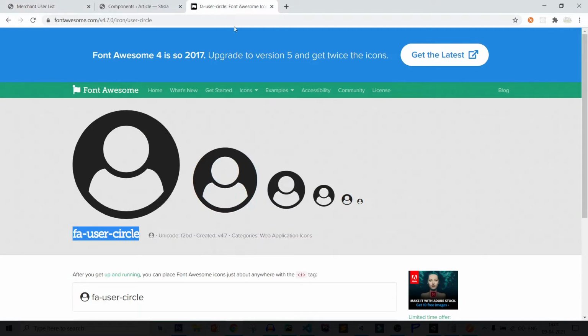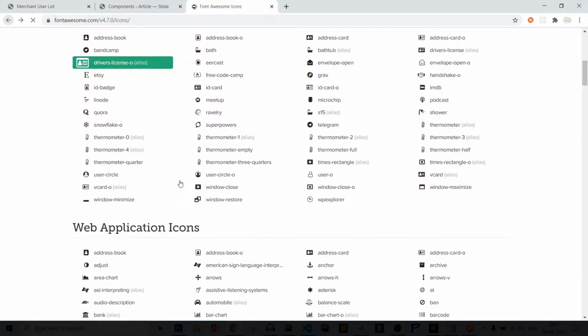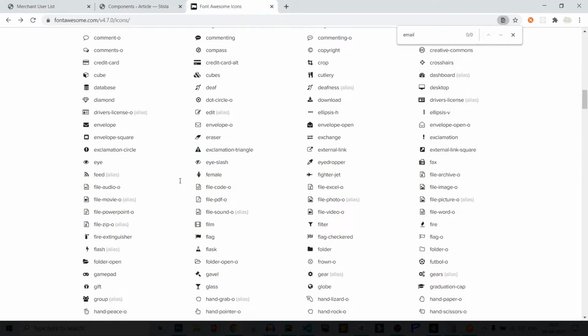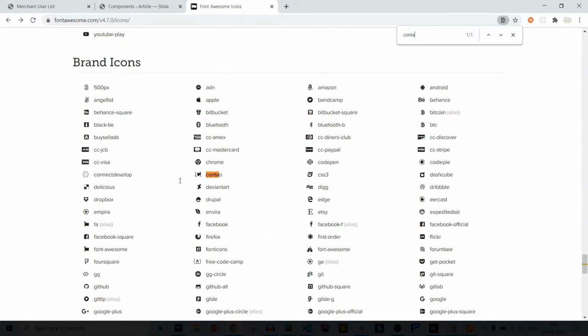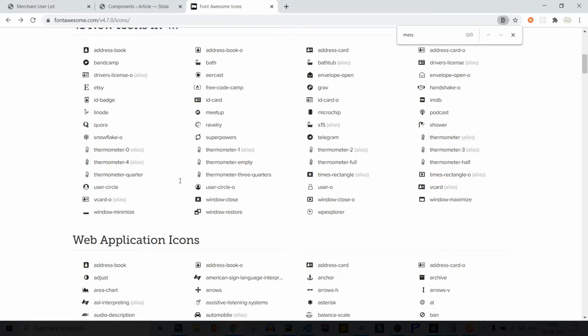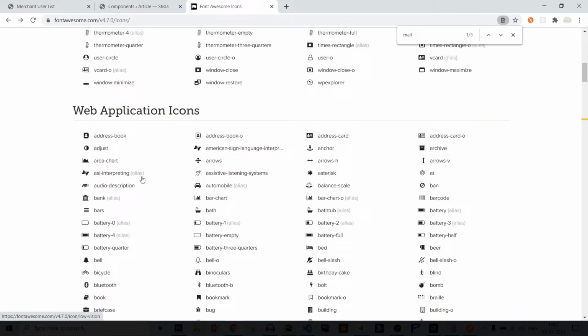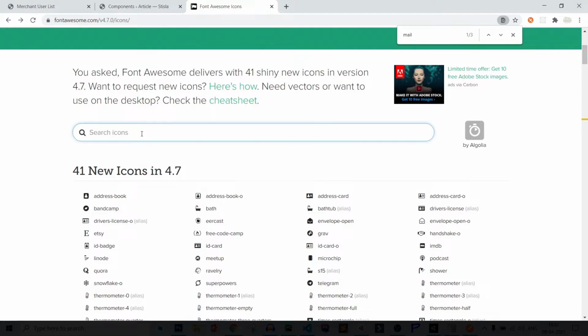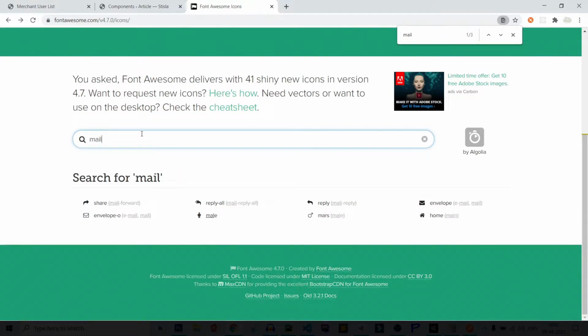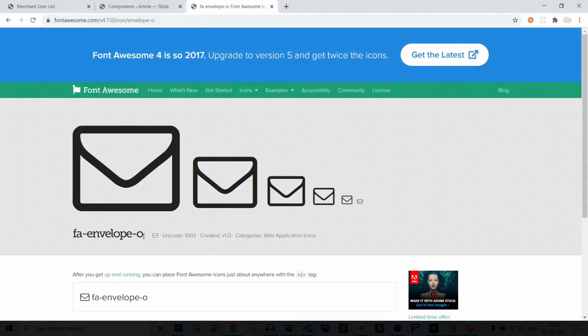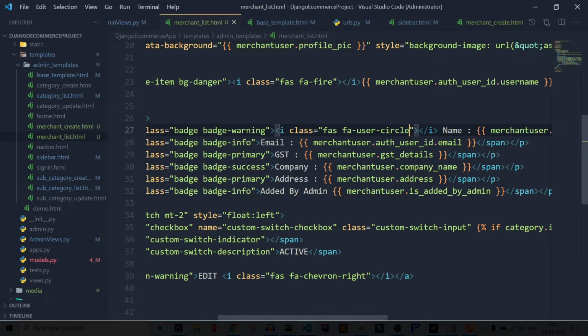After that, email icon. So let's come back and find email or contact, message, mail. There is no icon. Let's search here, mail, and here it is showing envelope. So copy it,